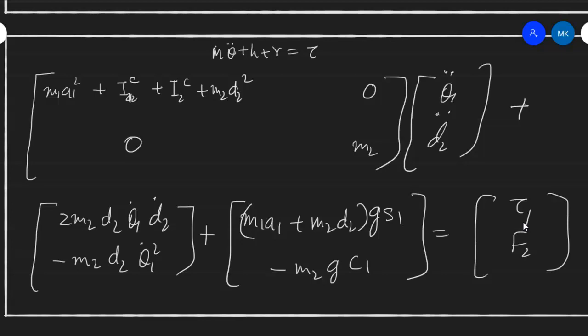So if you look at the derivations by Craig, this component will be different, because we have taken theta as the angle between x1 and x0, where x1 is a little different, but Craig may have taken this angle as the angle between x1 and the link, or the structural part of the link. So that's why this will have variations. Otherwise, the rest of the equation actually boils down to the same.